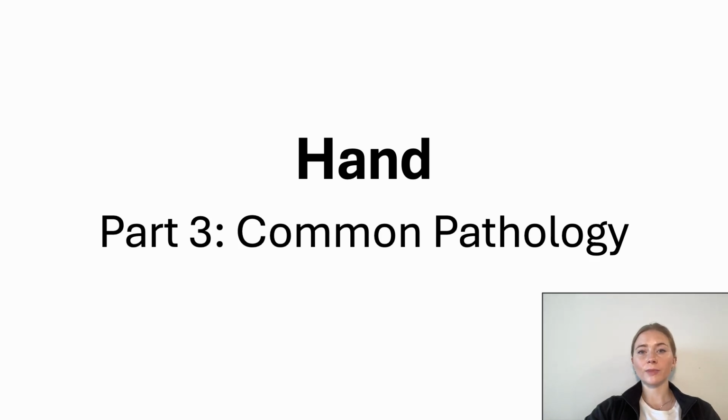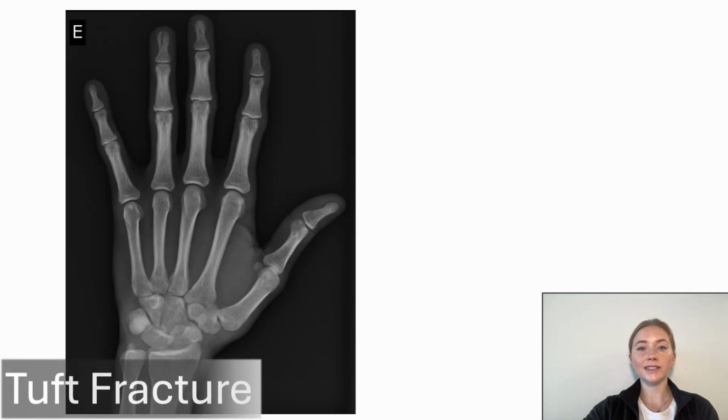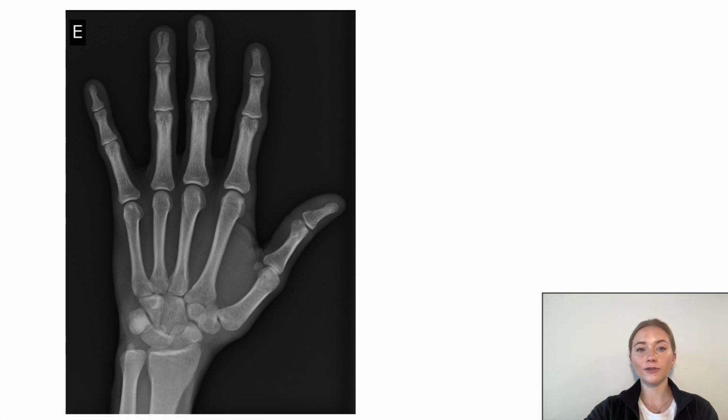In this final section about the hand, we will go over some common hand pathologies seen on X-ray. Starting distally and working our way more proximally, we will start by talking about tuft fractures. These are quite common and result from trauma to the distal finger, the tuft, usually due to a crushing mechanism